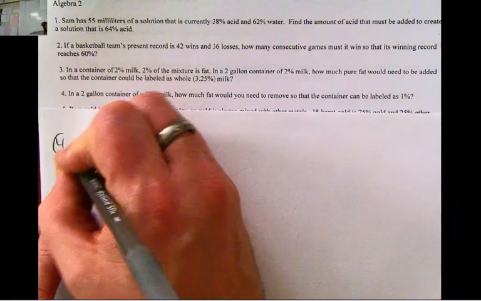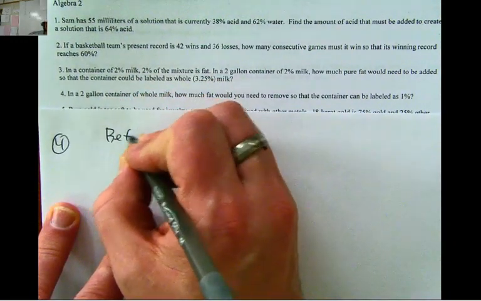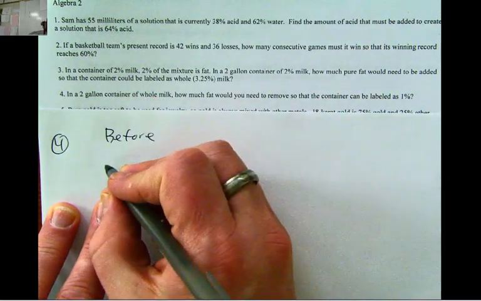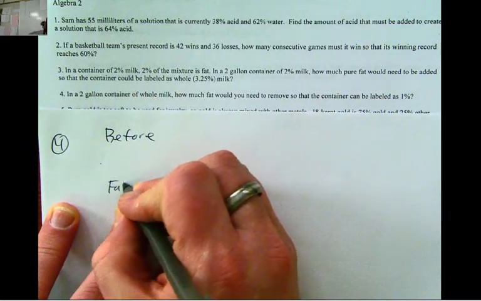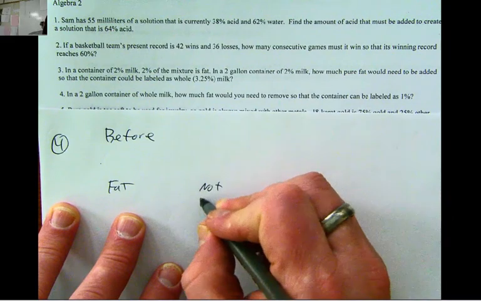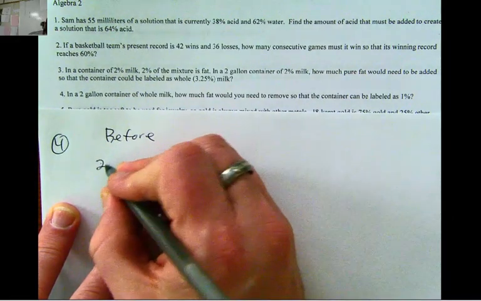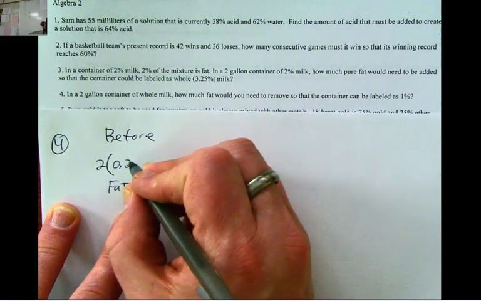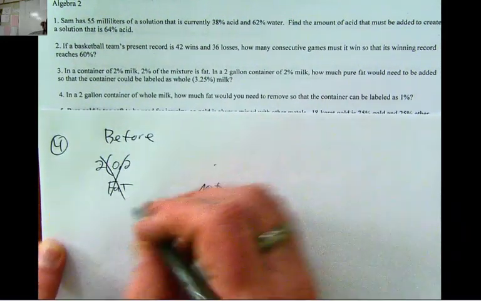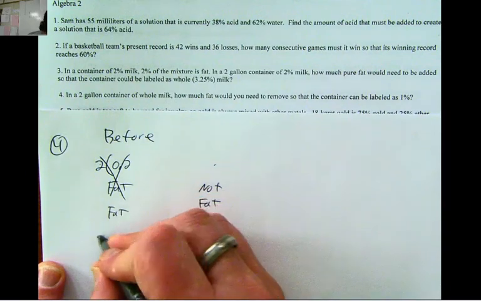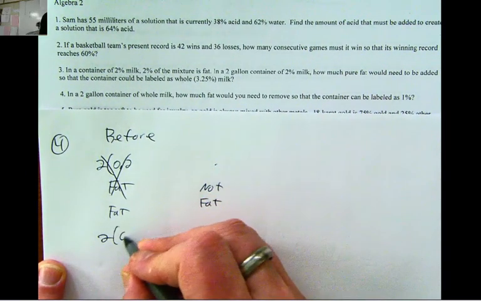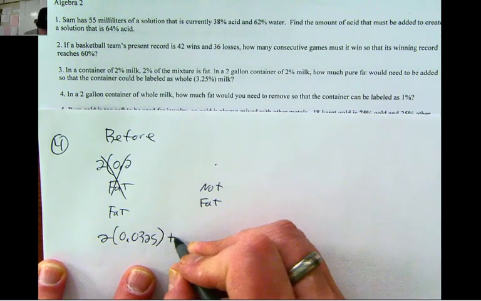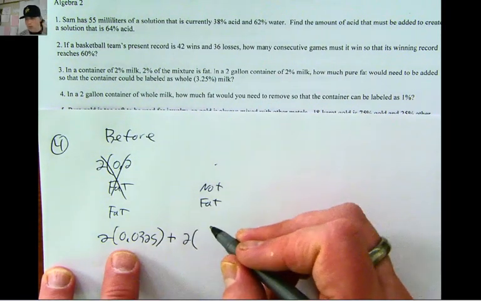So this is number 4. So I still have my before. My before, it's whole milk. So there's going to be fat and there's going to be not fat. Now of the 2 gallons, 3.25% is fat. So let's start over. This is the fat part. So 2 times 0.0325 for the whole milk, plus 2 times,